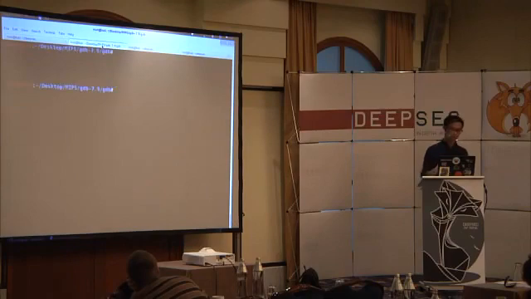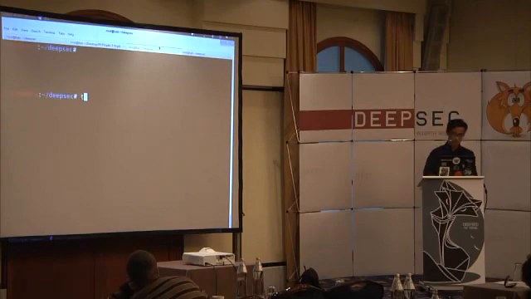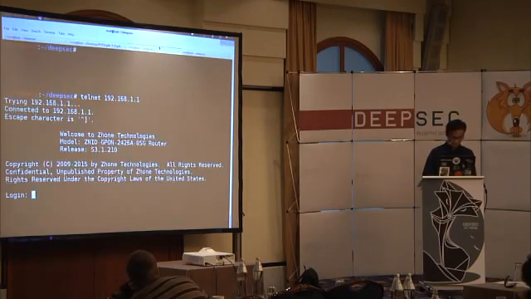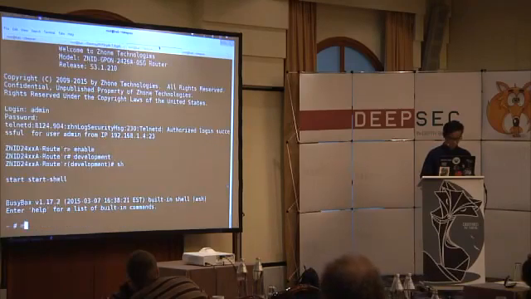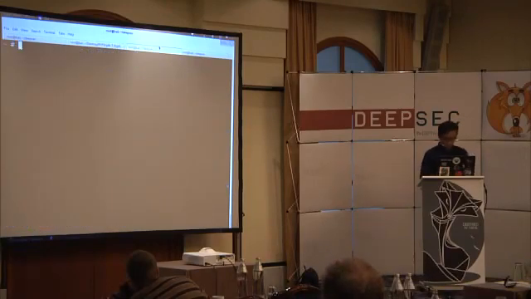So just to show you how the GDB server works and how I trigger the Stack Overflow. Okay.